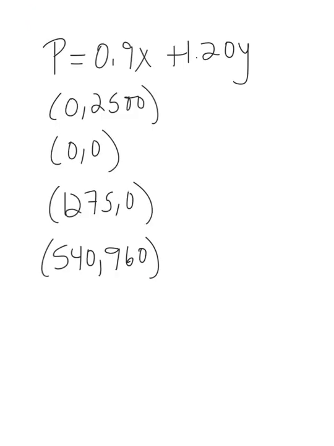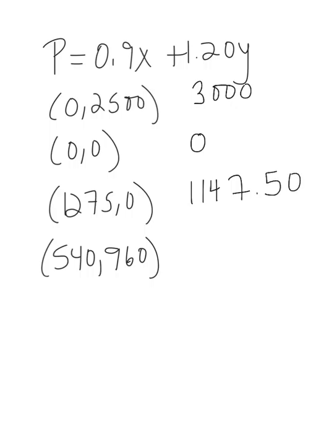So we're going to take each of those points and plug them into our profit function that we had found at the beginning of the problem. When we plug in 0, 2,500 for x and y, you'll get 3,000. When you plug in 0 and 0, you're going to end up with 0. When you plug in 1,275 and 0, you'll end up with 1,147.50. And lastly, when you plug in the 549.60, you'll end up with